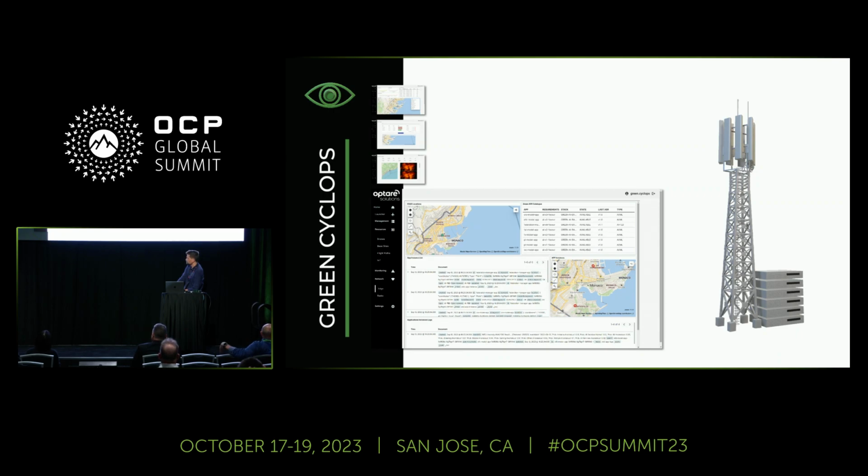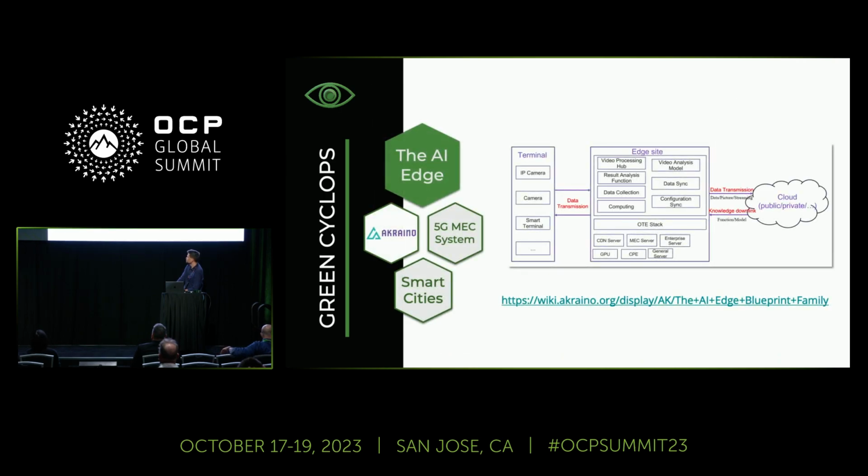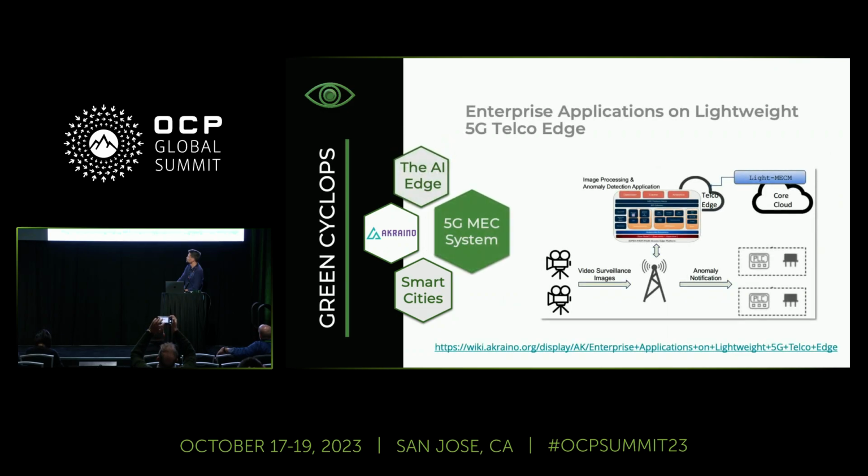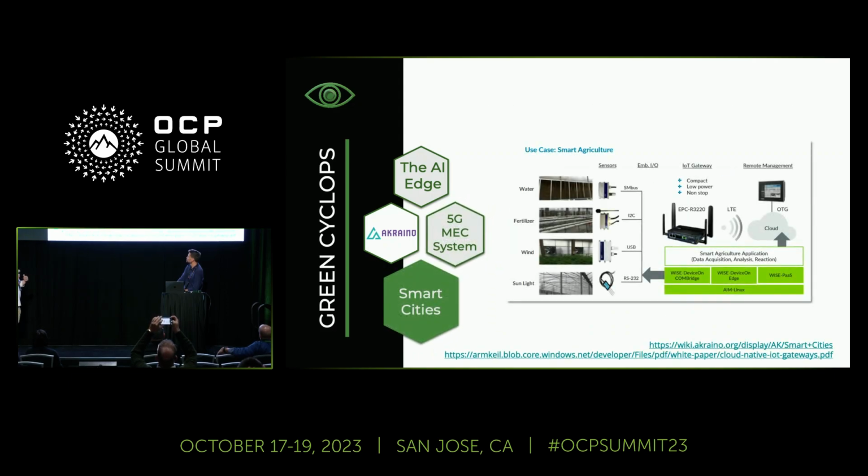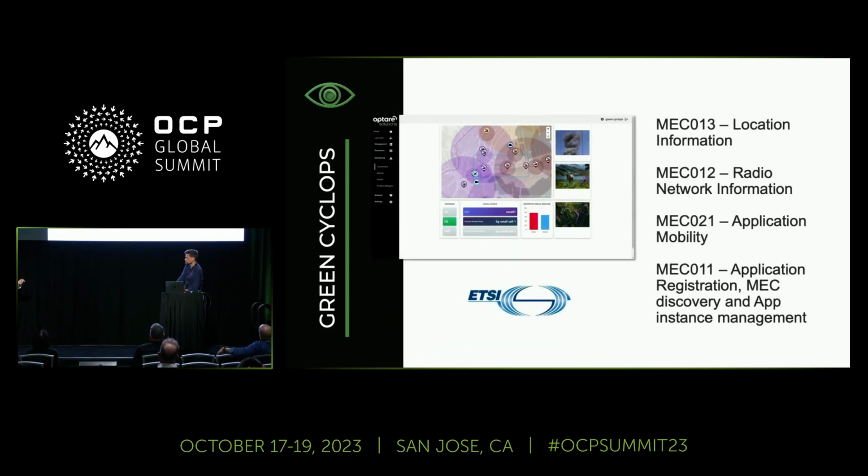And we have information from the radio retrieved from the APIs, because we have integration with the APIs from the ETSI part. We are reusing all the work from the Akraino project in three themes: the AI Edge, the 5G MEC system, and the smart cities. From one of them, we are taking information related to the use of Edge for surveillance and security